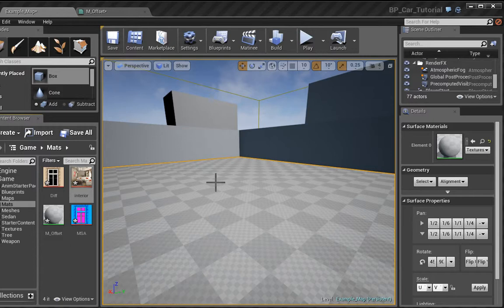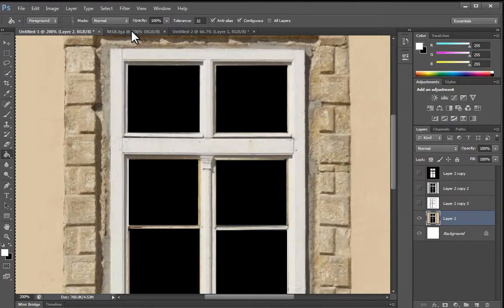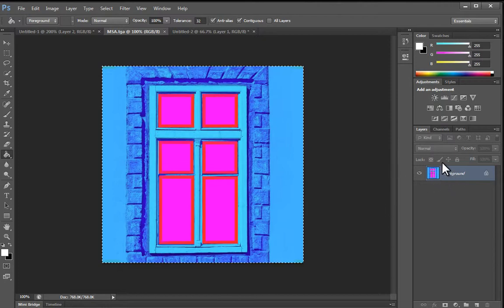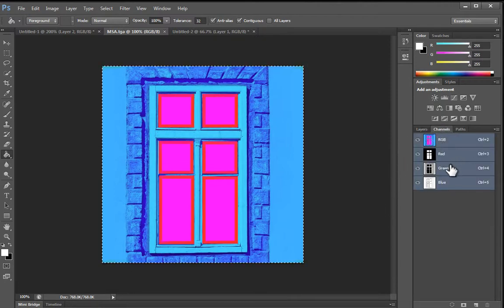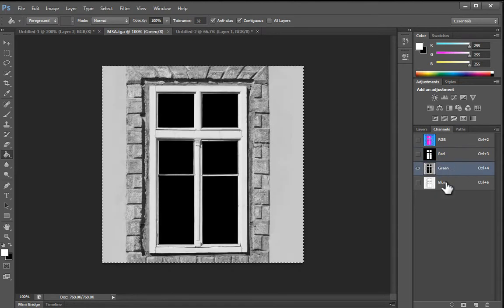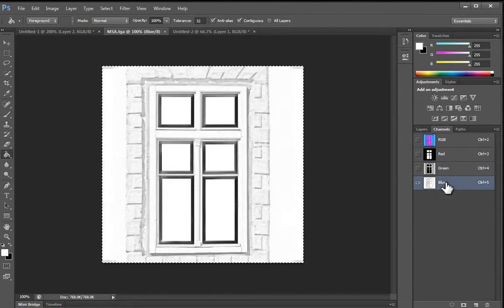In the video I briefly described how I had set up a texture called MES, which is basically just a prefix I use for mask, emissive and specular. However, that prefix can change depending on the textures. So what was that texture? If I just go over to Photoshop here, I have an example. In this particular case, this one is called MSA, and what this basically stands for is the mask, specular, and in this particular case a basic ambient